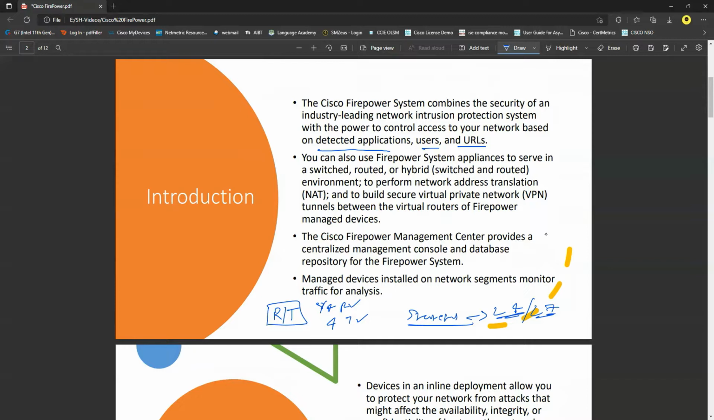All right, so the system can be served as a switch or routed mode. As I said, it can be used as a routed mode, or transparent mode, which means switch mode. Also, you can do NAT translation on the routed mode only. And the Cisco Firepower Management Center provides a centralized